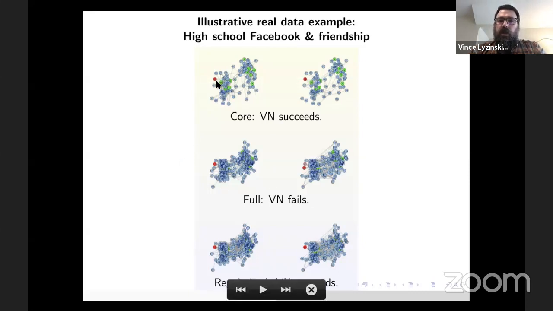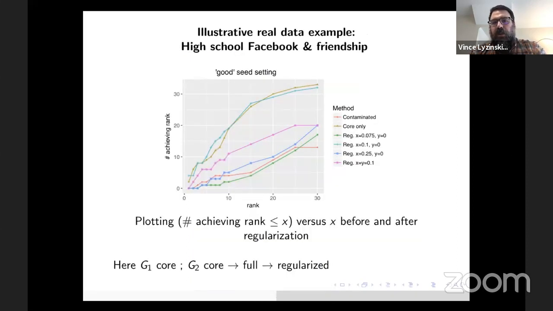These are the two networks. In the core setting, this is the vertex that we're looking for in the second graph, and you see we can find it. After the noise is added in, these both have 82. After the noise is added in, the retrieval doesn't work anymore. And once you regularize, it works. This is, again, like a graphical rendition, but I think this shows dramatically what's going on a little bit better.